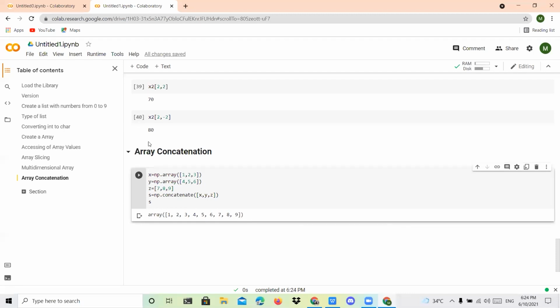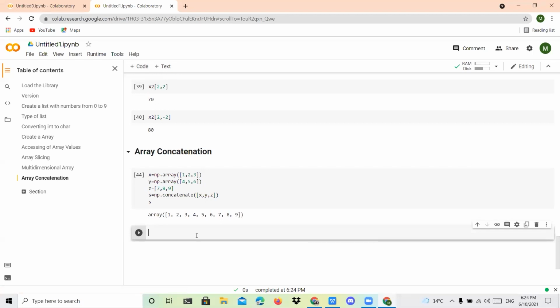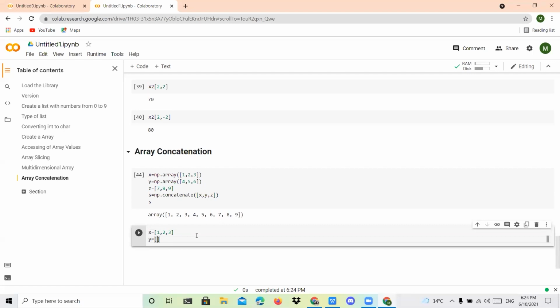Suppose I want to store images. Now I'm going to explain how we can store and handle images, but first, how we can draw a graph. That is what we'll discuss first. Suppose I take x is equal to 1, 2, 3 and y is equal to 4, 5, 6.